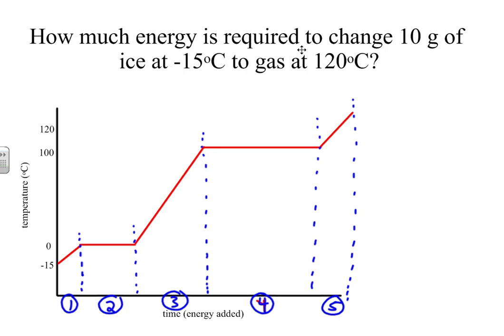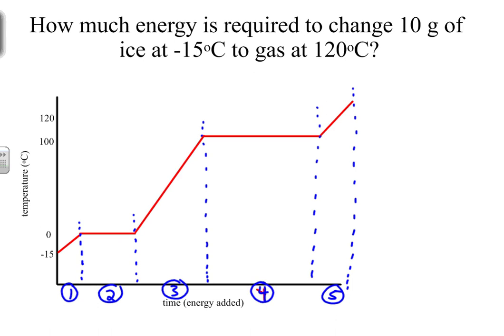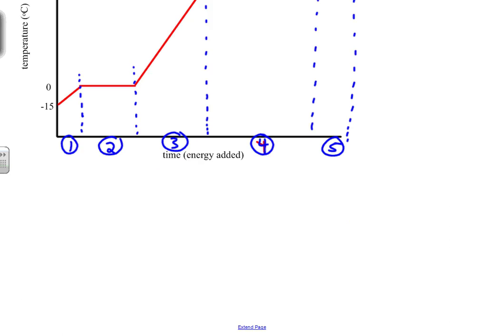Okay. Now you'll notice, to organize this a little bit, there's 2 parts that are plateaus and there are 3 parts where the temperature's changing. So we're going to deal with those in a similar fashion. So the diagonal parts where there's a temperature change, so this would be for parts 1, 3, and 5. We're going to use a formula that allows us to figure out that energy that's based on the amount of water that we're heating and what's called the specific heat of the water. So the energy that we have to add is going to be called Q. Right? So this is the heat added